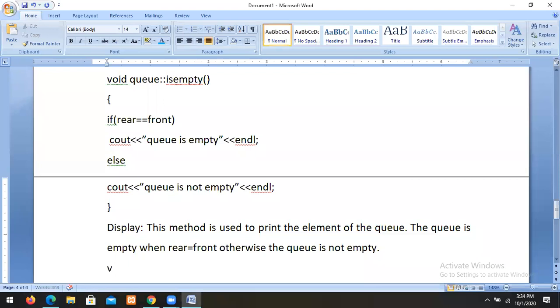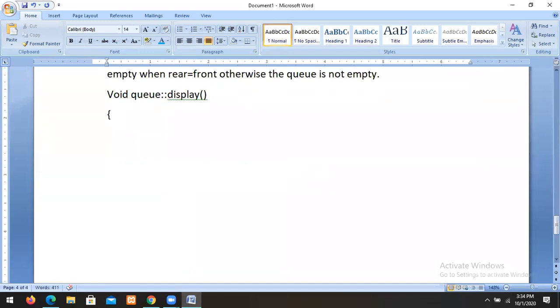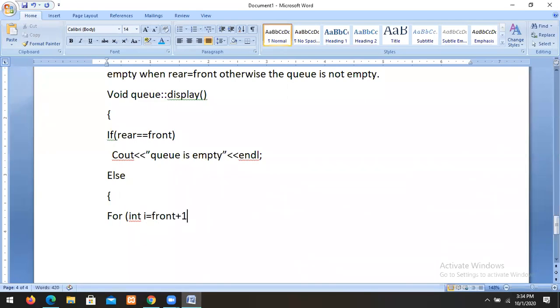So we can write void queue display. If rear equals front, cout queue is empty. Else, for int i equals front plus 1. Suppose we have already deleted 2 elements, then the front is 2.